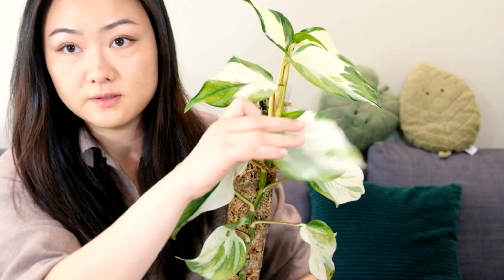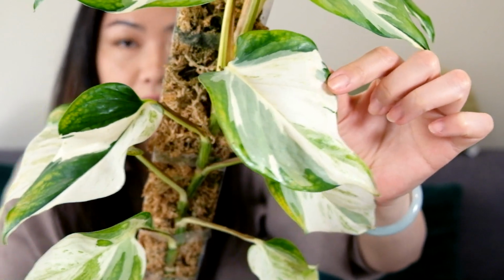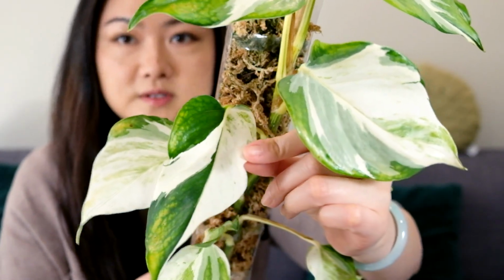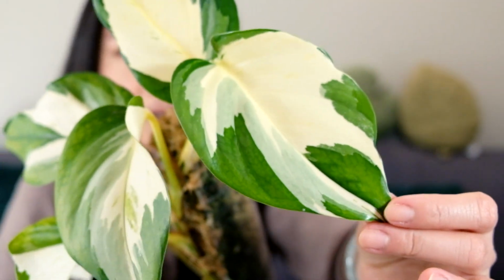But anyways, the last time I showed you guys, the top leaf was this one. This was the top leaf, the newest leaf that grew on the plant at the time. And this leaf was there too. So it has grown four more leaves since then. I feel like pothos should be growing more leaves in five months, but since this one is getting bigger leaves, maybe that's why it's growing a little bit slower. But these new leaves are stunning. I love these